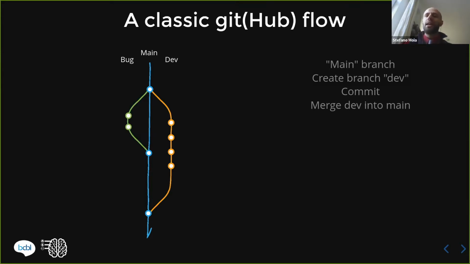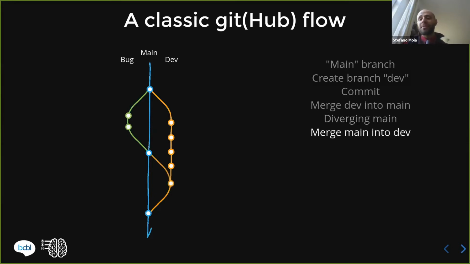Now, what happens is that we have a diverging main from what we branched at the beginning. So we have one representation of the code in the dev branch and one representation of the code in the main branch. And sometimes that's not a problem. If there's no conflict, Git will simply merge everything together without any issue, without even bothering you, or without even having you to think about it.